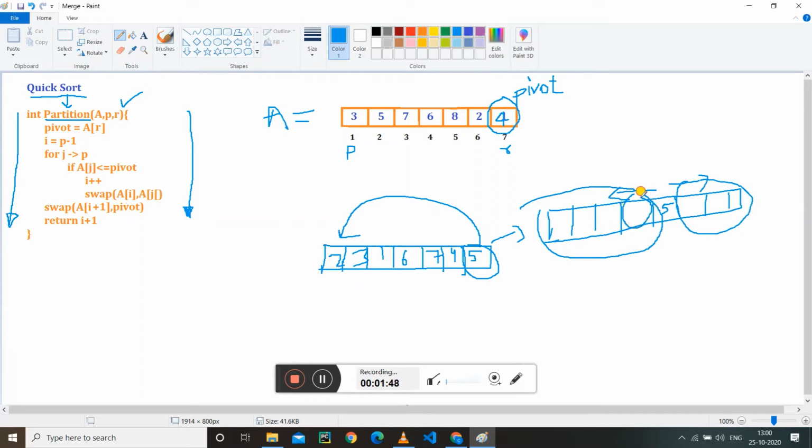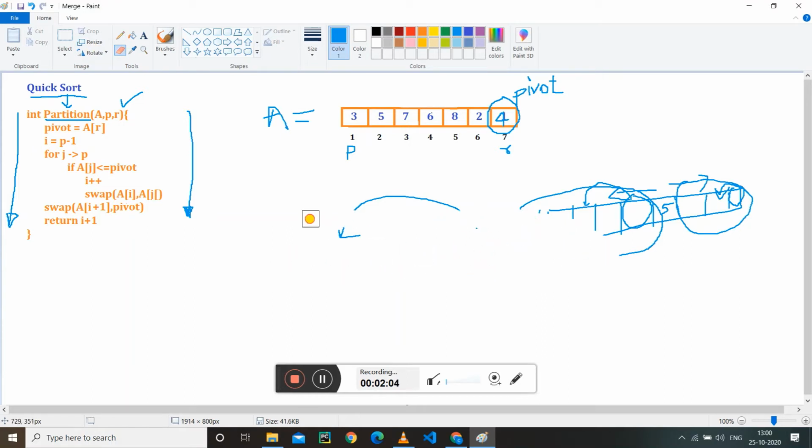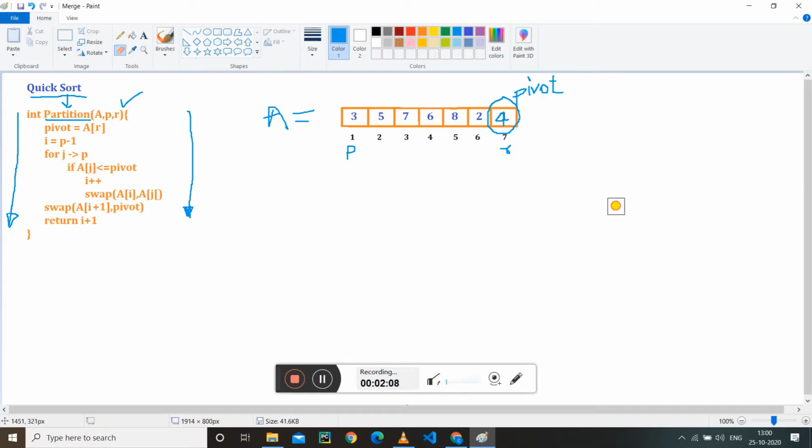Then we take its last element, and this last element as the pivot element. Actually, we call this last element the pivot, and then it will go the same way and so on. So that's how it works. It is also kind of a recursive procedure, the whole quick sort, but today we will focus on the partition, like how partition works.